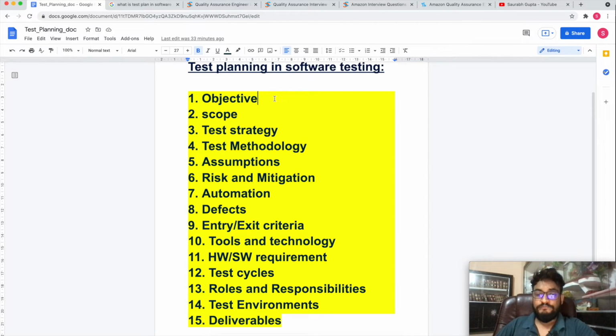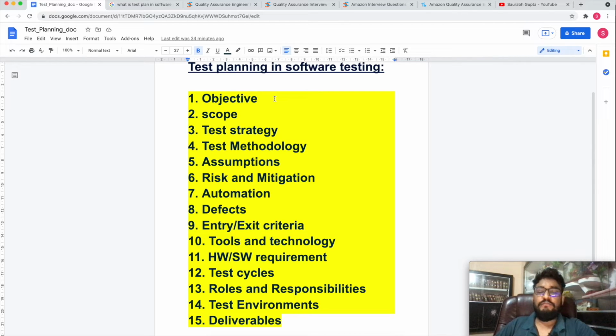Test cycles: you can mention the test cycles in a test plan, like when you will start your testing, when you finish writing your test cases, when you start your component testing, smoke testing, when you end your system testing, and when you actually complete the UAT, and when you finally finish your testing. All these should be documented. These things will be decided prior to starting the execution of your test plan. All the dates and everything would be mentioned in this test plan document well in advance.